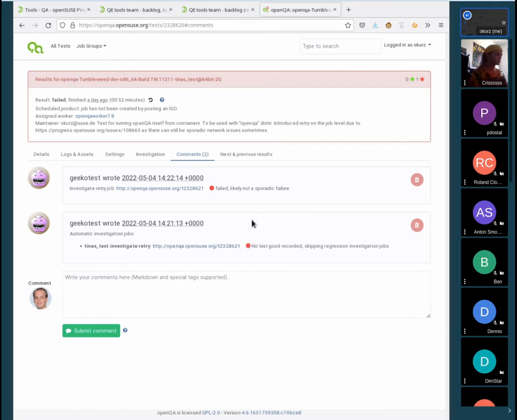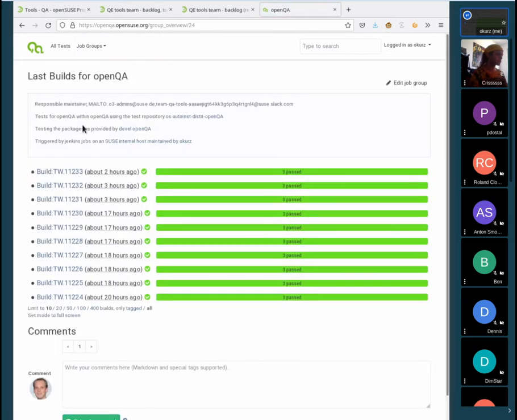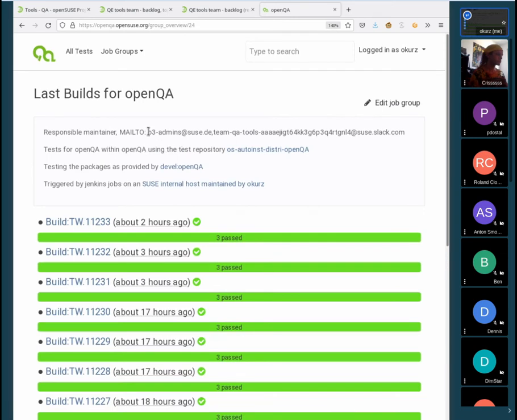In that case, because it's not a known issue, there's no label here, the auto review doesn't match the failure expression. What happens is that the openQA investigate scripts read out the job group description, and they take a look. Is there anything configured like a mail to address or multiple of them? And yes, we have 2 addresses configured. And if that is the case, and if the openQA investigate job hooks in the openQA config are configured accordingly,